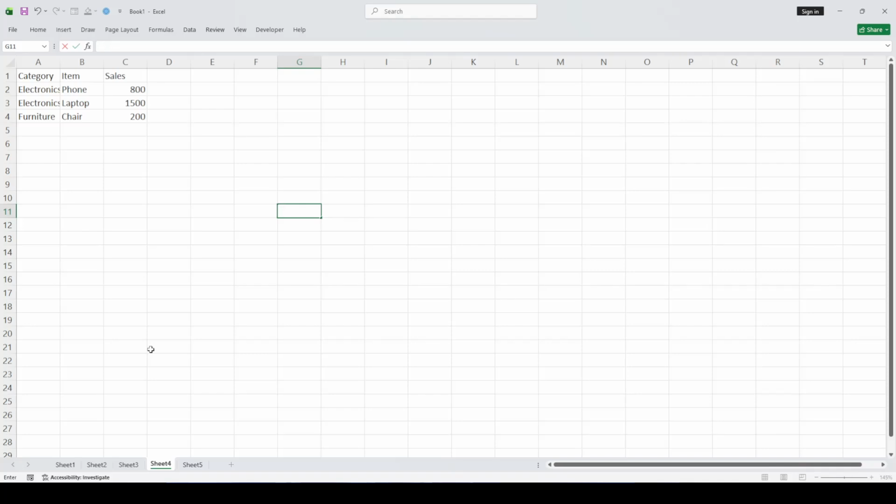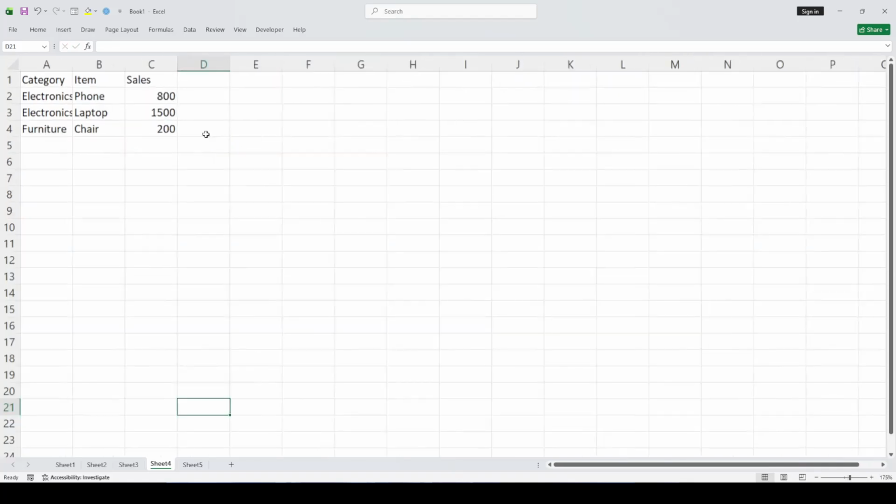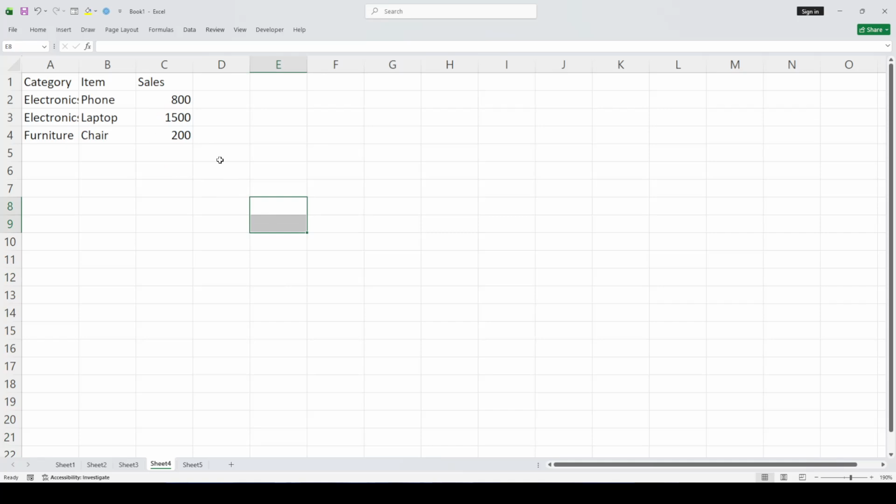In today's video, I am going to teach you how to group and subtotal in Excel. The goal of this quick walkthrough is to help you summarize your data in a clean, structured way. We will do this using Excel's pivot table feature, which is one of the most reliable ways to group information